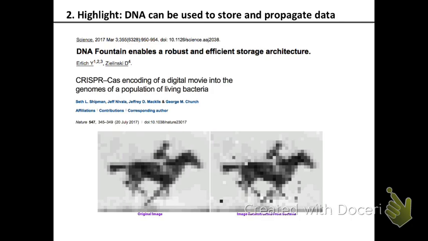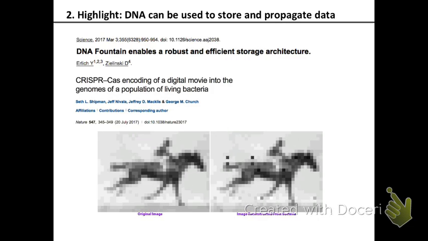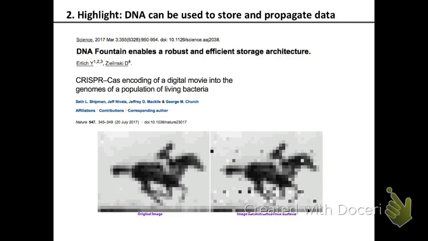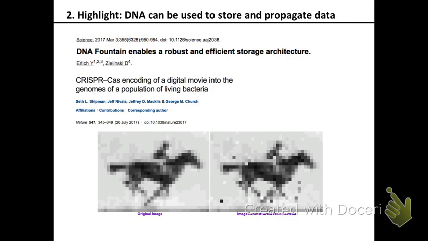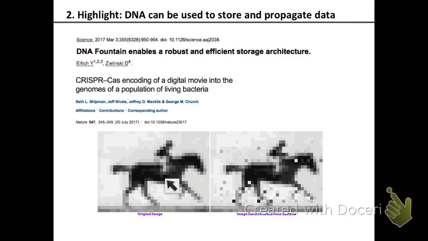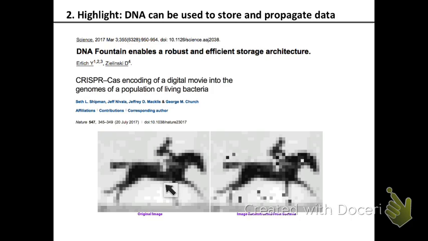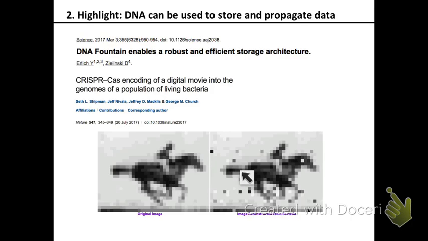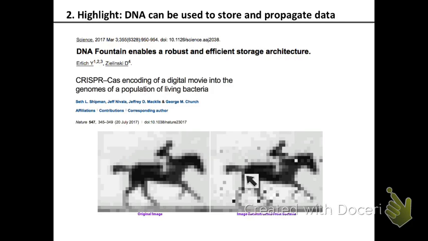DNA, they actually cloned that piece of DNA into bacteria, let the bacteria duplicate and propagate that information, took back the DNA, sequenced the DNA, and reconstructed the information. So what they did is, this was the movie that they encoded into the plasmid DNA, in the bacterial DNA, and then this was the movie when they actually read it back.